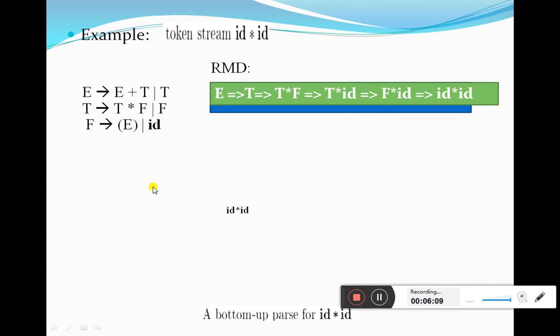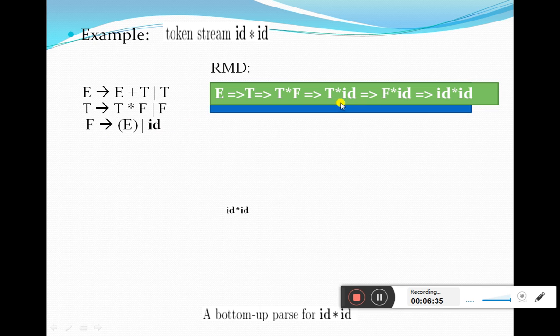Suppose this is the RMD for this string. So we start from E. We use a production E arrow T. Now we expand T by T star F. T star F derives T star ID. So rightmost non-terminal is picked up here, replaced by ID using F arrow ID, T star ID.